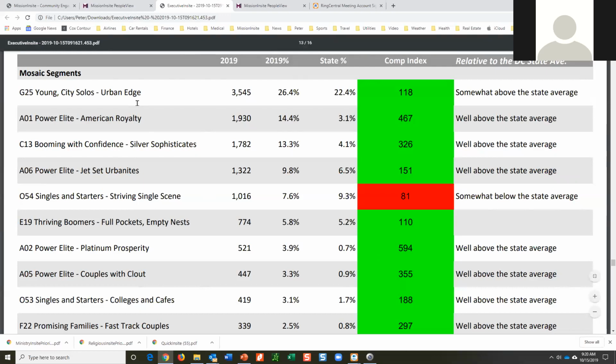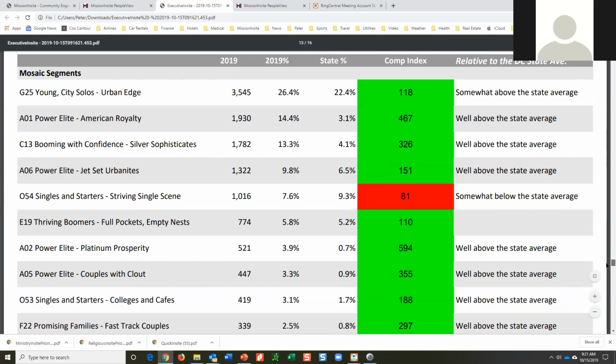So when you look at this zip code, what it's telling you is that over 26% of the households would be in this category, G25. So if we want to relate to that group, who are they? What's true about them? You can see all the other groups as well.